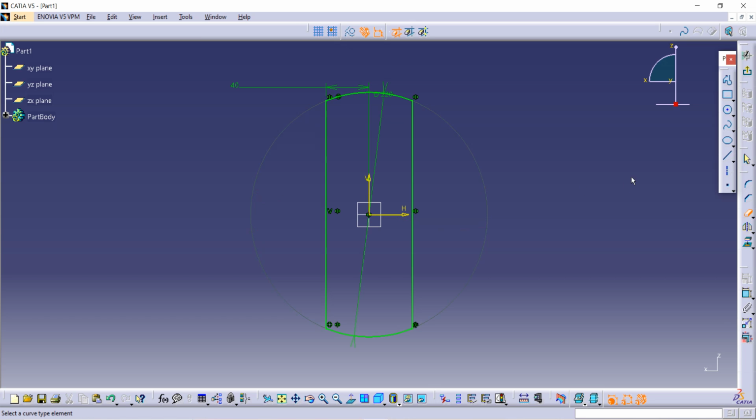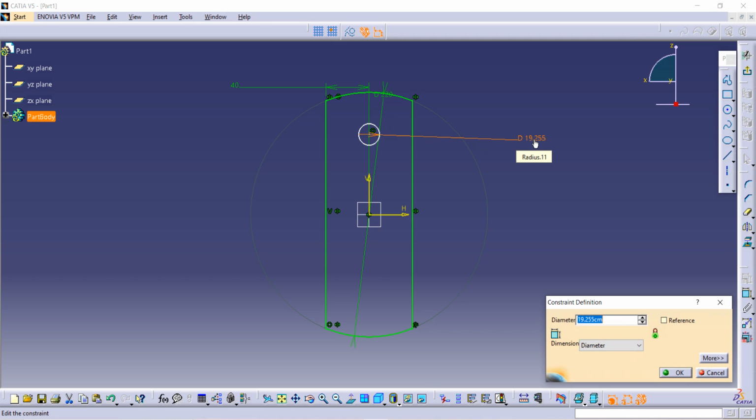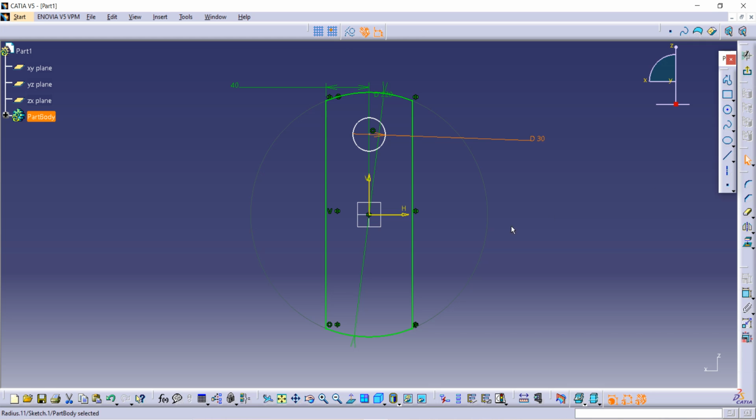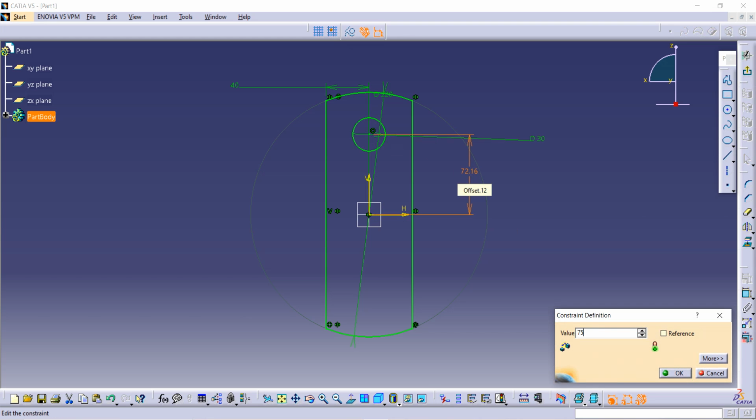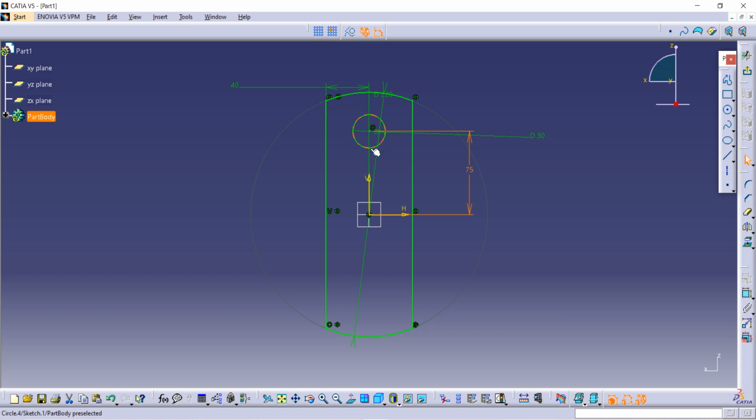So these are unwanted parts, and now you have to make one circle at the center. Give dimensions to it by using the constraint command. The diameter is given to us as 630, and now again the distance between the central axis and the center of the circle is given as 75. So here is 75, and now we have to mirror to this side. So select the circle and then here is the mirror command and then select the axis. This is how we have completed our mirror command.